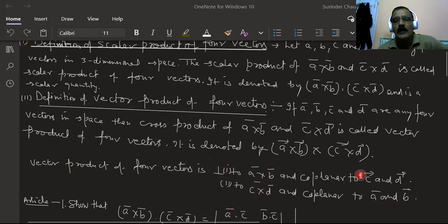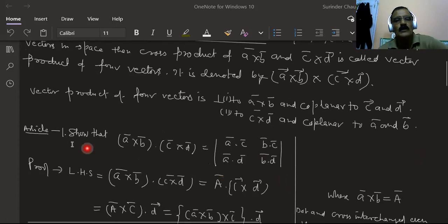One will lie in the plane of the third and fourth vectors, and the second will lie in the plane of the first and second. So the first article is to show that A cross B dot C cross D is equal to